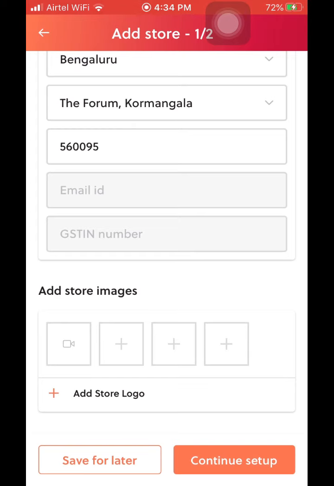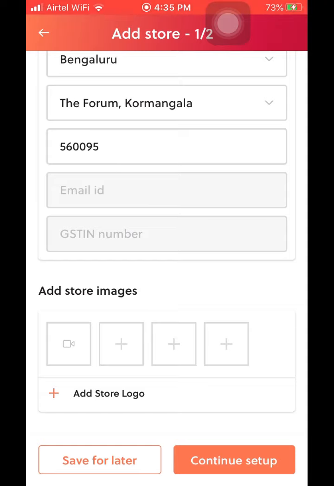These banners could be promotional or deal banners, they could be offers, they could be advertising content, or they could just be photographs of your store interior. Likewise with the video, it could be a promotional video, it could be just a store walkthrough. So whatever you choose to put up, you can put up here.